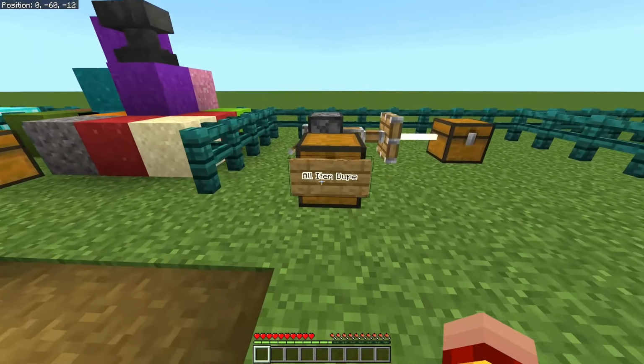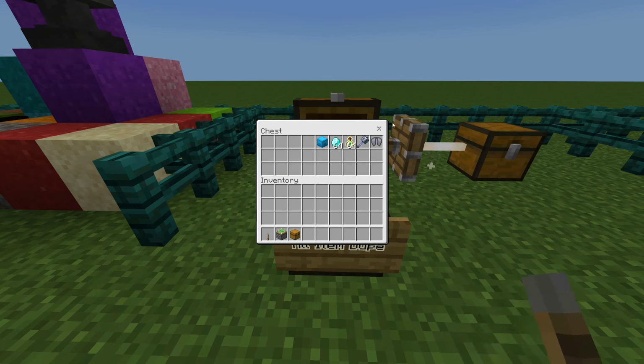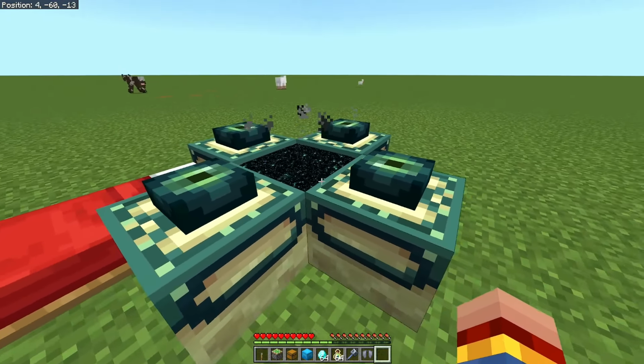Next up, we have an all items duplication glitch, and in order to perform it, you will need a sticky piston, a lever and a chest. You can duplicate all items using this glitch, including filled shulker boxes, normal items, bottles of enchanting and unstackable items and armor as well. Now you want to perform this duplication glitch in the end dimension of your Minecraft Bedrock world,